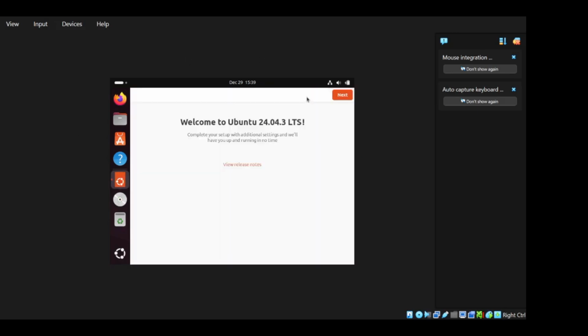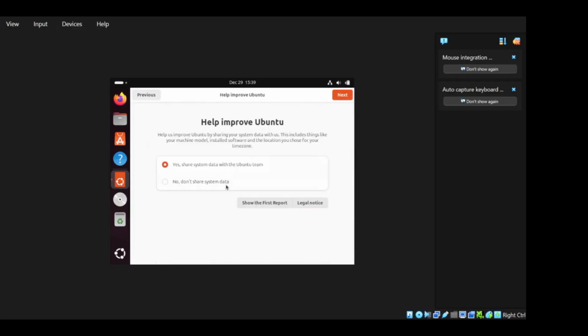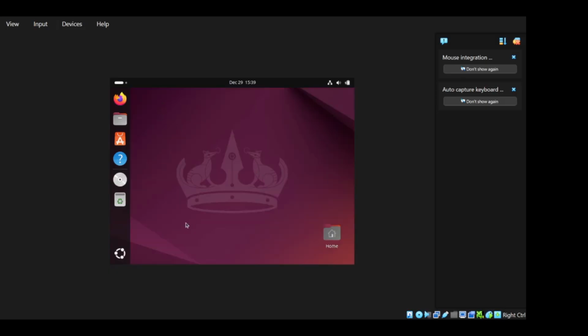This is the UI of Ubuntu. Let's click next, next, next, finish. So this is the Ubuntu application that we installed.